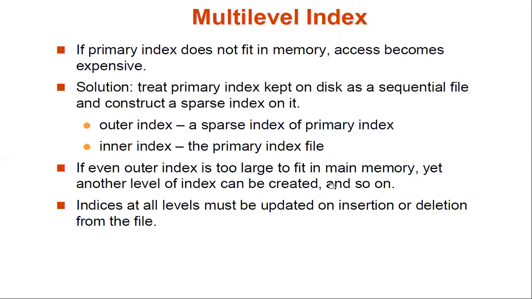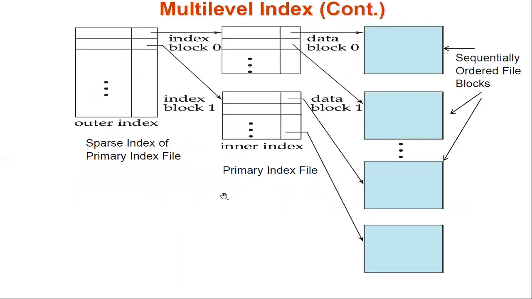So you can see the example. Here, this is your outer index and this is the inner index, and this is your exact sequential file, stored in blocks. To look up a particular record, first the outer index will point to the particular value in the inner index. Even the inner index is also a primary index, saved in the form of a primary index, and it is again saved block-wise.